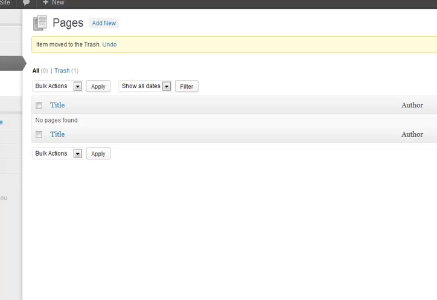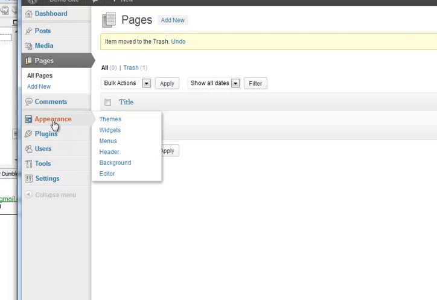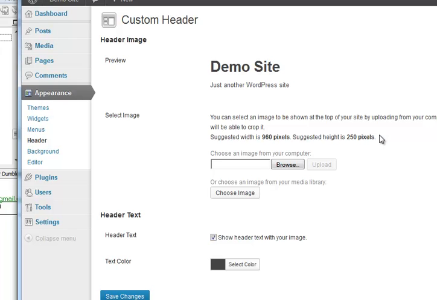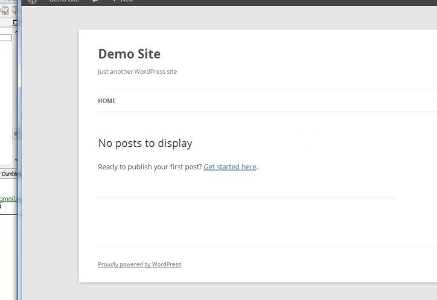There's not even a header on that. So go on to appearance again. Just show you where that is. Header. There's no default image in there, so you'd need to upload one if you decided to use one. But that's what the site will look like out of the box, ready to customize. Very simple, very easy. And we'll move on in the next